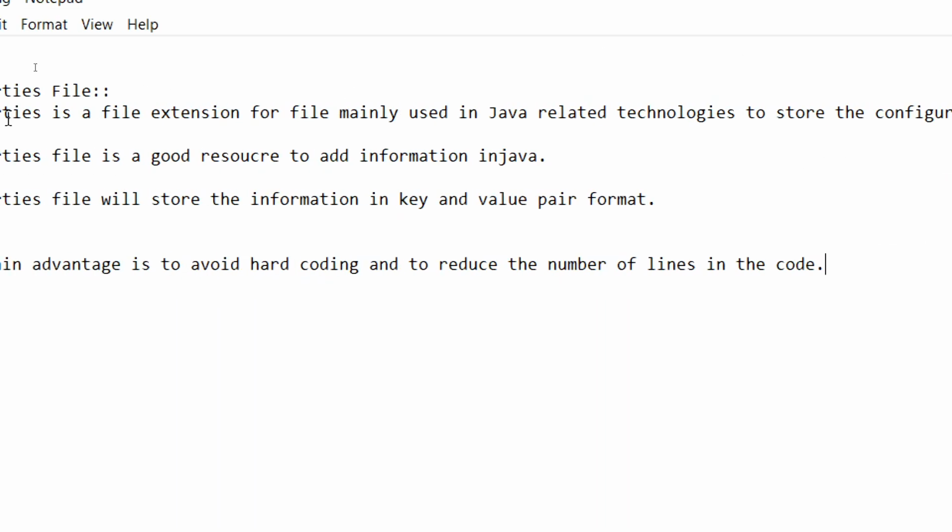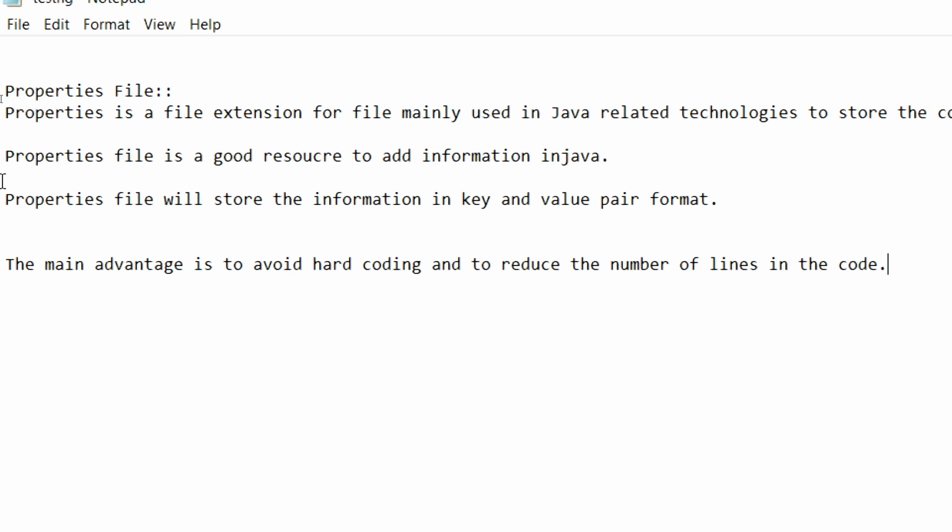Configurable parameters here mean URLs, passwords or usernames, as well as DB usernames, DB passwords, and DB URLs, and we can also store our XPaths inside this properties file.